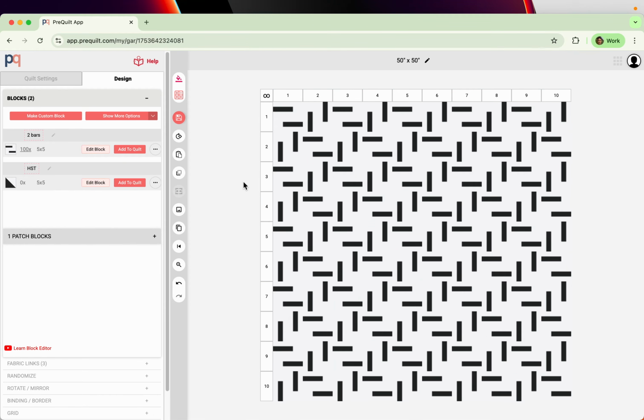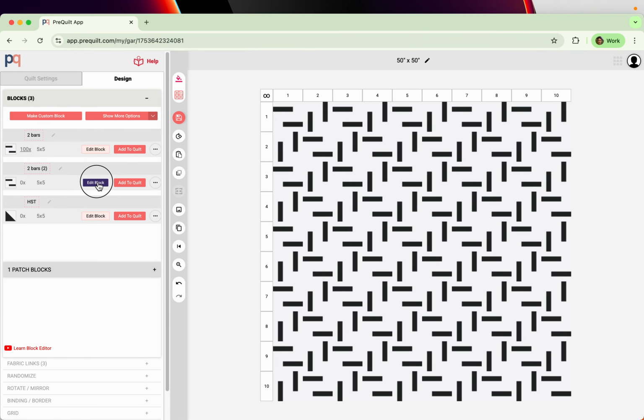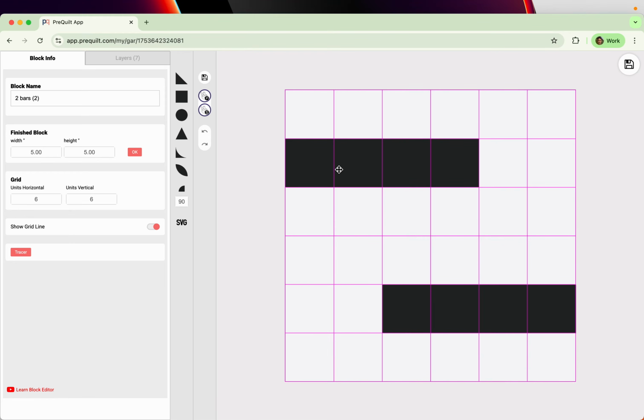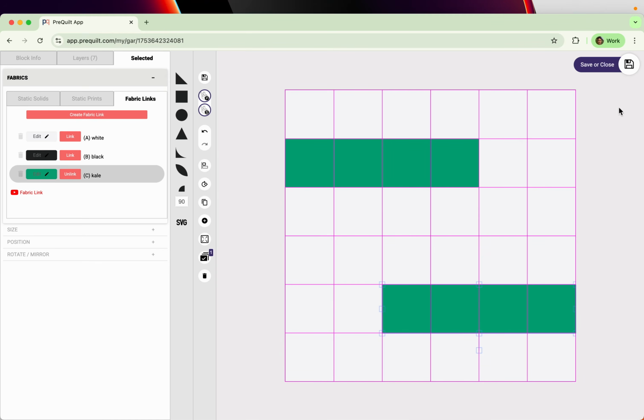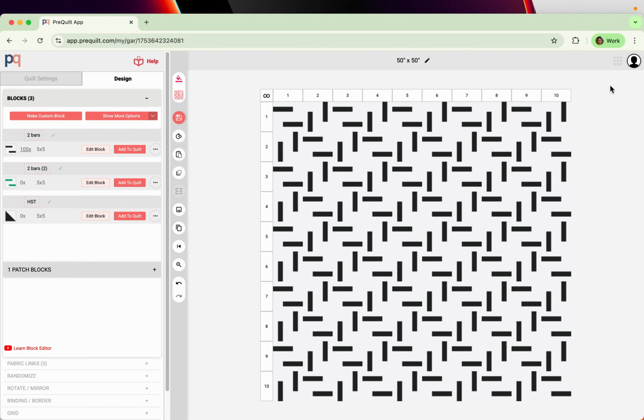Okay. Now let's take this block that we just created, and I want to clone it, but make some minor changes to the color. So I'm going to click over here, and then I'm going to clone this block. And now I'm going to go back into the block editor, and I'm going to link this block to C. Okay, so I'm going to save that and add